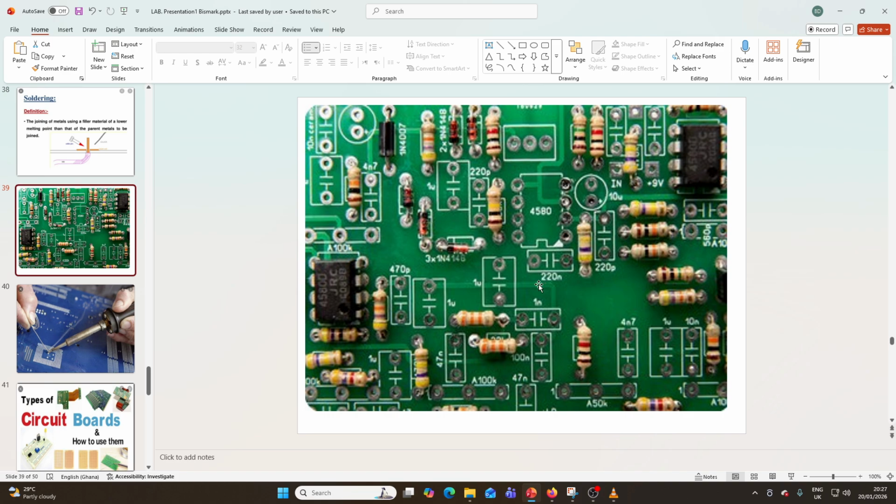Okay, so as you can see some tracks here. Now, current flows through these tracks that you see. So in other words, you can say these are the wires for the circuit. Okay, so if you insert the component on the board and then you don't solder, there is no way current can flow through the component for the circuit to work. So that is the need for soldering. Anytime you see components being arranged on the PCB board, you can see that it will be soldered so that the entire circuit can work.